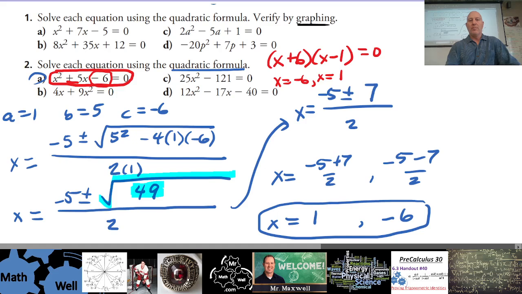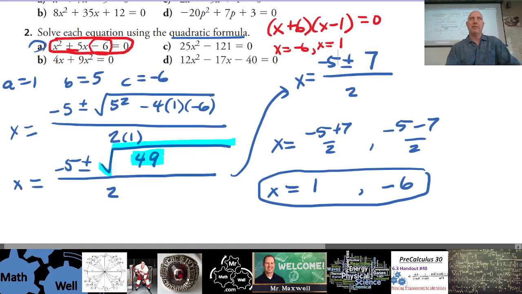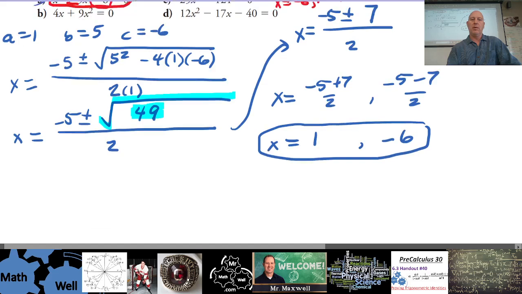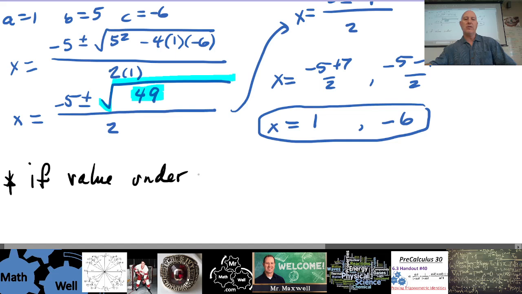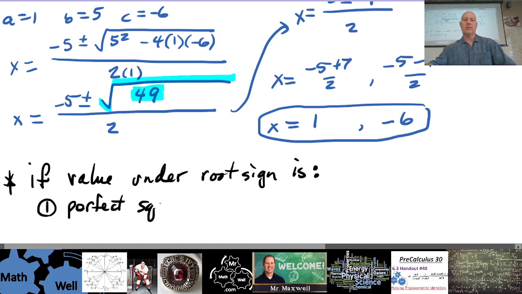Okay. Now, before I move on, this will probably come up as a topic maybe in the next lesson, but because you might run into this, I need to tell you about the nature of the roots. This is part of your notes. Write this in the margin or somewhere in your notes. If the value under the root sign is, and then put a colon there. Okay, so 1, if it's a perfect square,